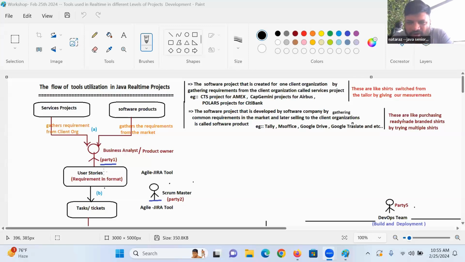Sign up gives me a form. Like this, user stories will be created. So nothing but the same requirements will be written in a particular format. Okay, to create these user stories, and from the user stories to create the tasks,